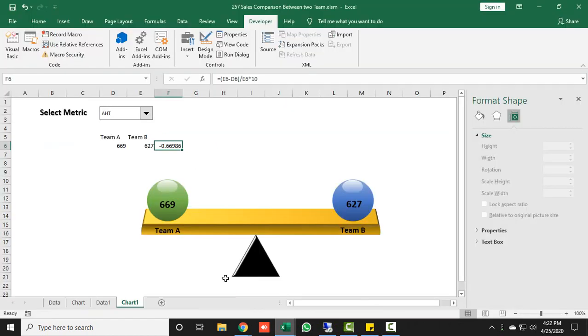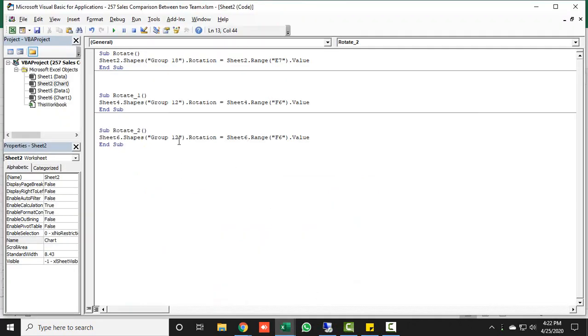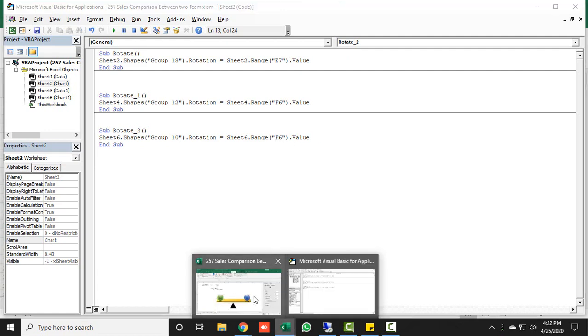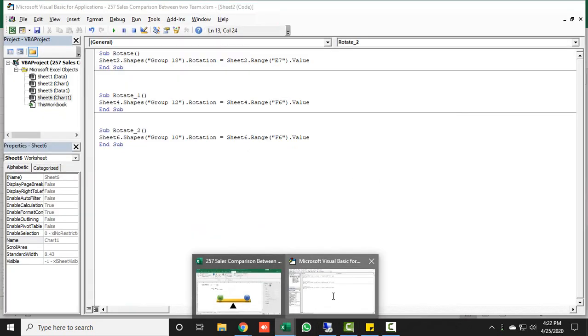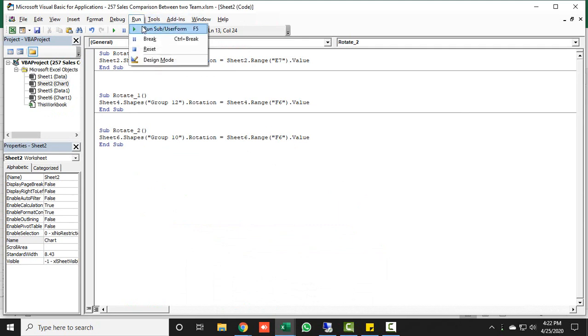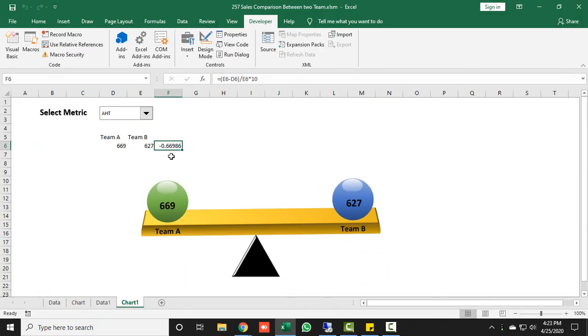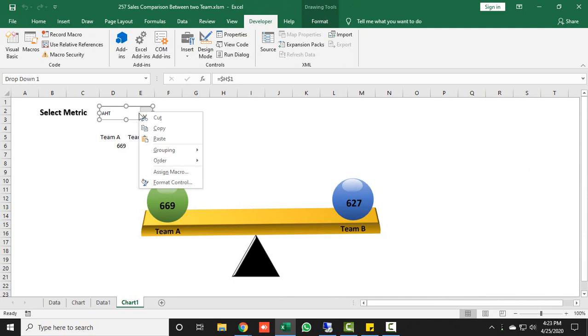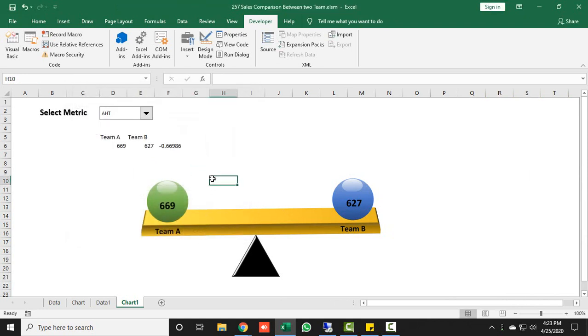So let's go to the worksheet and see what the group is. The group name is Group 10, so I will mention Group 10. Alright, now the last one, which is the F6 value. F6 is from rotation, which I am getting from here, which is also F6, so it is perfect. Then go to Run and do this run. Alright, then close this Visual Basic. Now I need to do just one thing: right click on this combo box, go to Assign Macro, and select Sheet2 Rotate2, then click OK. Alright, now this is done.